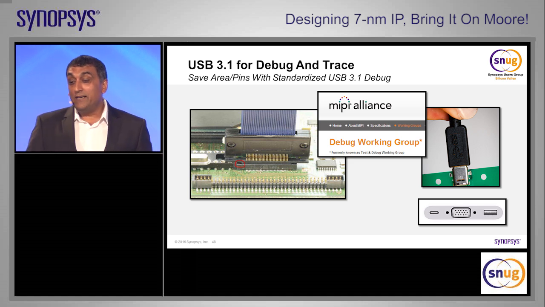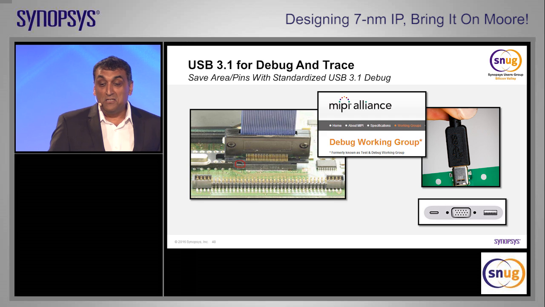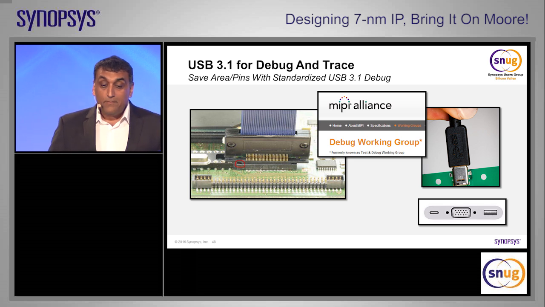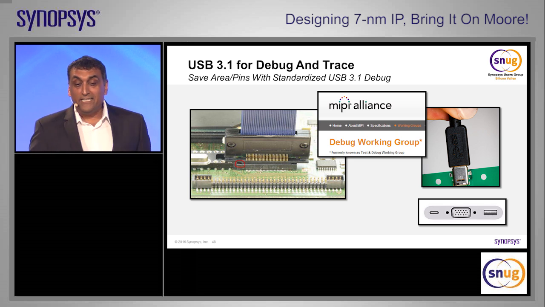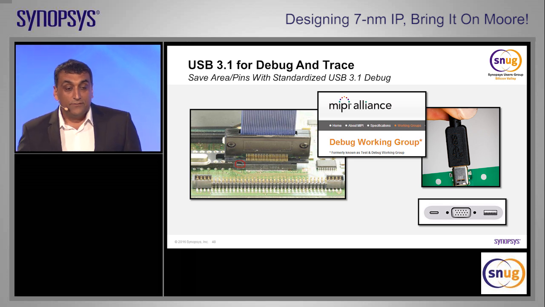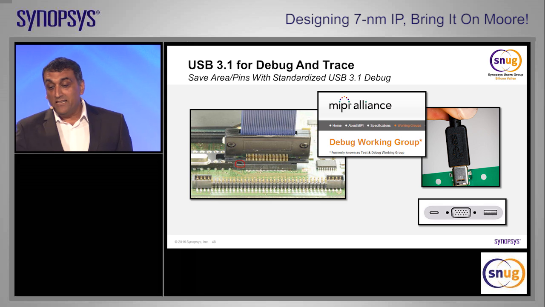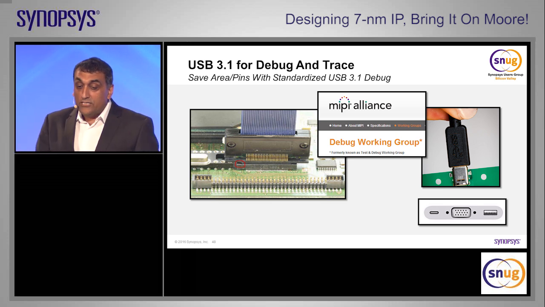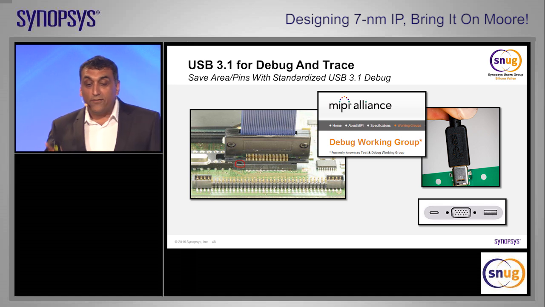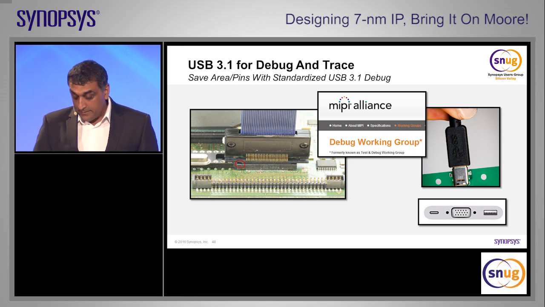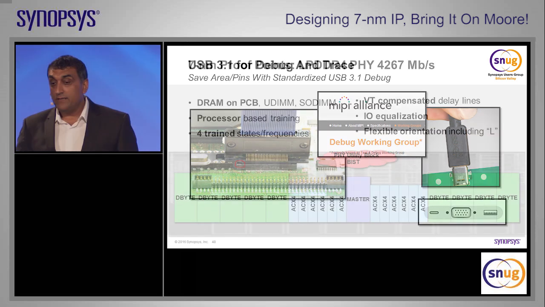This whole thing is being orchestrated and managed by the MIPI Alliance. There's a special set of protocols related to the debug. It's called the Debug Working Group. So the point is that you get more throughput with 10 gigabits per second for debug and trace. It's being standardized using a USB cable and a PC. And this particular example shows the USB 3.1 from Synopsys with our device controller. There's also in this diagram an external buffer control that allows extended trace data to be output under hardware control. Okay? So this is happening today.